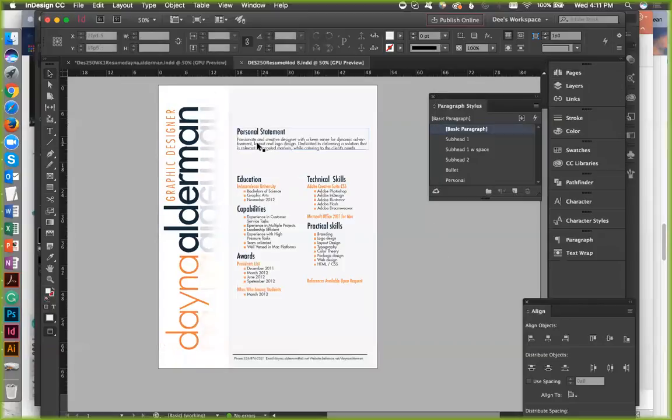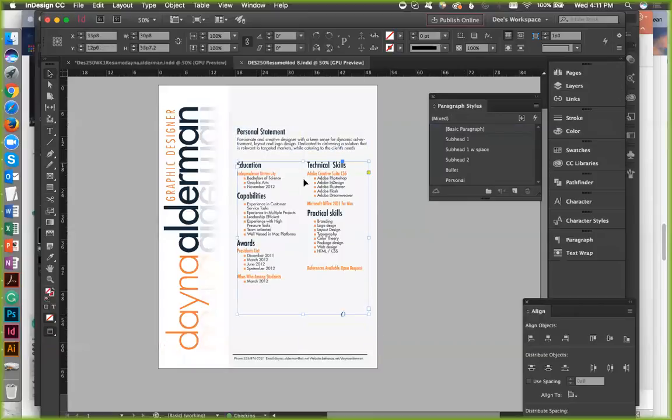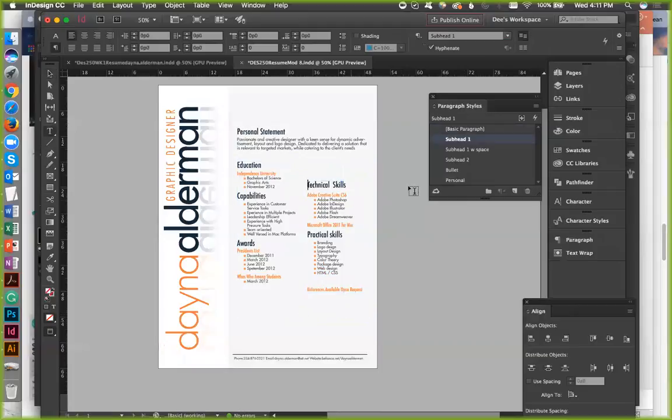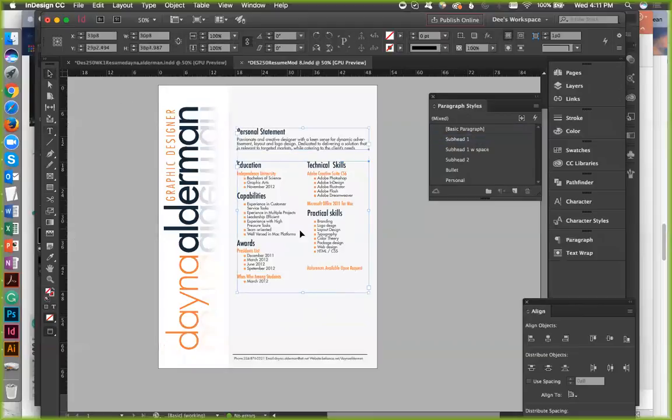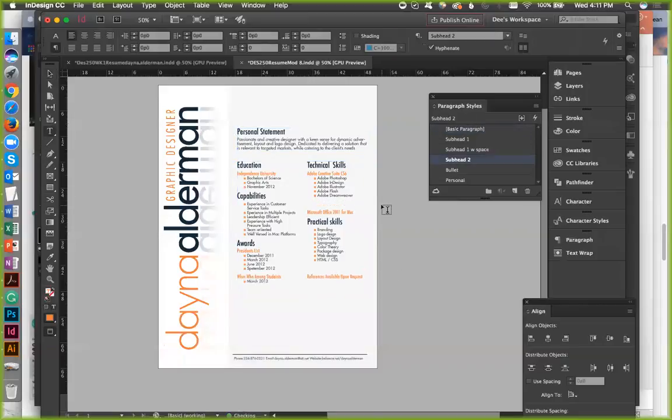Yeah, I'm pretty happy with that. All right, let's close that gap up just a little bit. Then I'm going to group this together and I'm going to align this to the page. Actually, no, I'm not. I'm going to wait because I'm going to do my Microsoft Office and my Adobe.